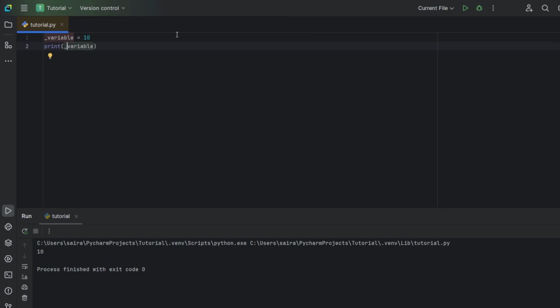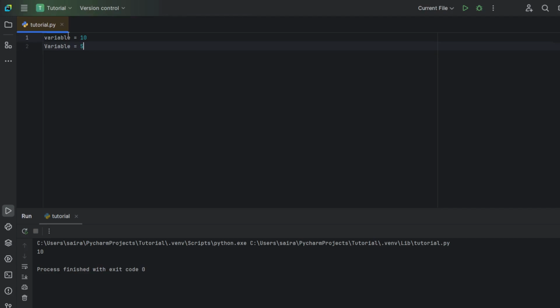Now, variables are case sensitive. If we take a variable, say variable is equal to 10, and take Variable is equal to 5, both of these variables are not the same ones. They are two different variables because Python takes them in a case sensitive way. If we take variable with the starting letter as a small letter and Variable with the starting letter as a capital letter, Python interprets them as two different variables.